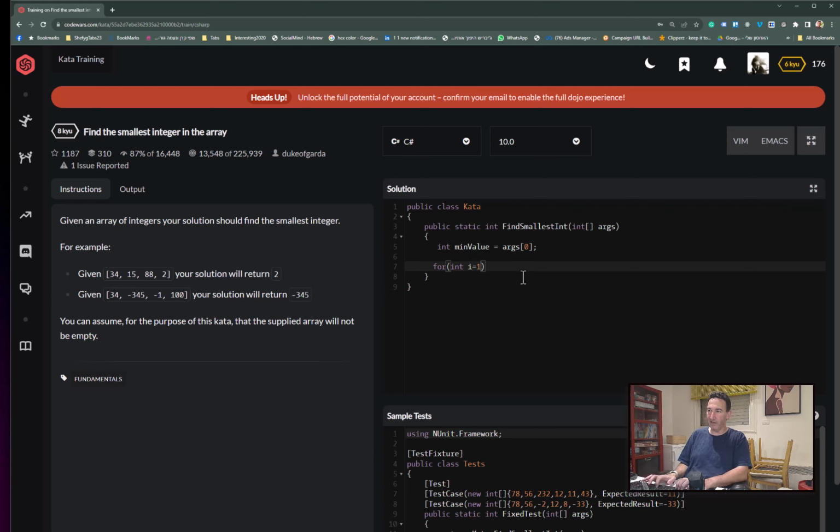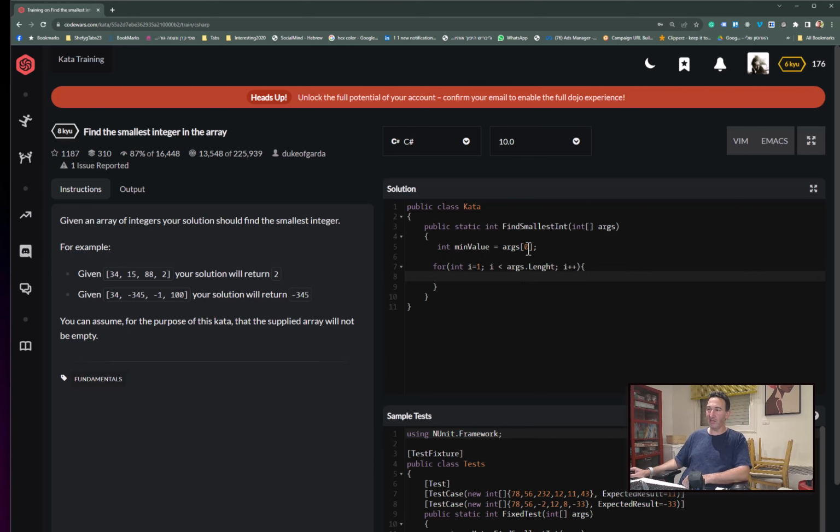For this one, while i is smaller than the size of args, so it should be args dot, I think it's length. I usually work with Rider, which is used for Unity, and it has autocomplete, but I'll work with that. So args.Length, and we go for i++, incrementing it by 1 for each step in the loop,